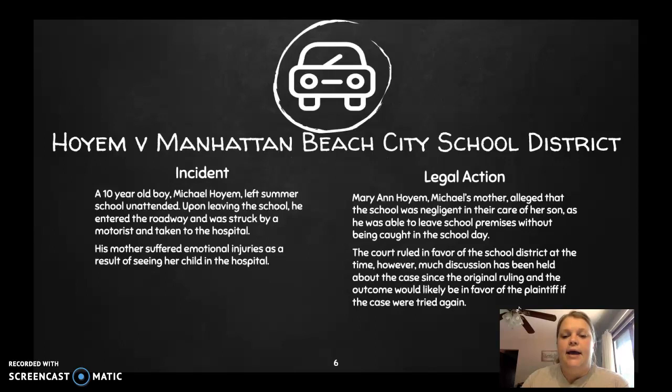This time, the court ruled in favor of the school district. This case took place in 1974, but the articles I was reading said that given today's circumstances, it would be unlikely that the same verdict would be reached. They thought that today the court would rule in favor of the plaintiff because there should be more security measures in place for